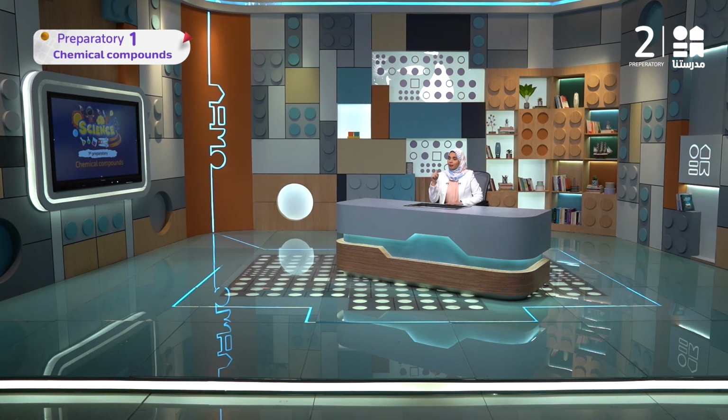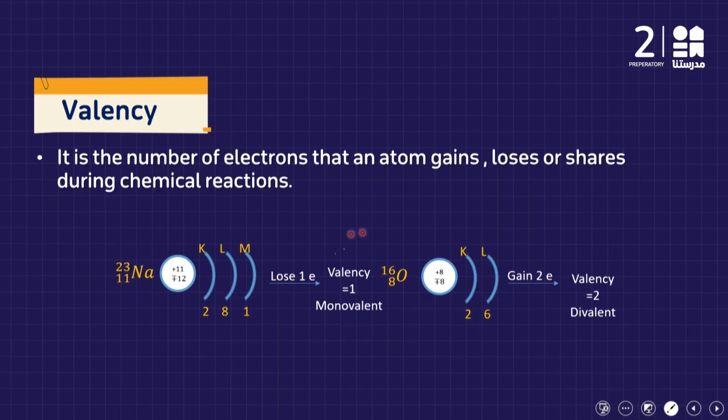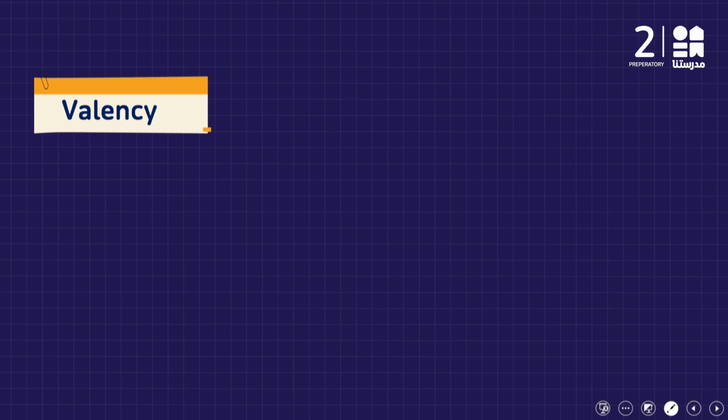So in a chemical reaction, oxygen tends to gain or share 2 electrons. So the number of gained or shared electrons equals 2. So the valency of oxygen is divalent. So what is meant by valency? As we said, it's the number of electrons that the atom gains, loses, or shares